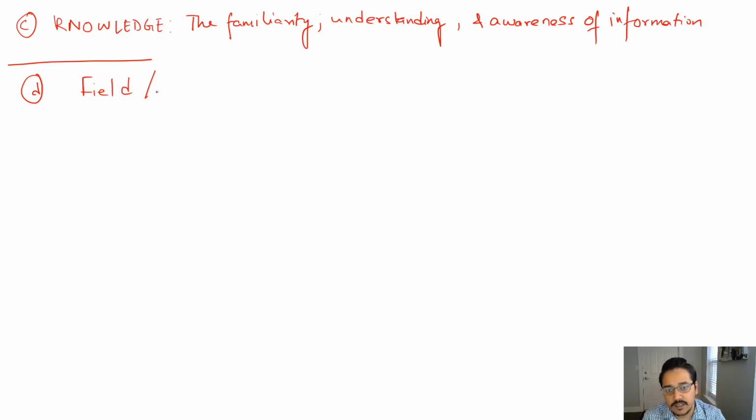Or sometimes it will be called an attribute, or sometimes it will be simply referred to as columns, database columns. Field is a terminology used in file systems, and attributes and columns are terminologies used within the database system domain, but essentially they mean the same thing, and that is a character